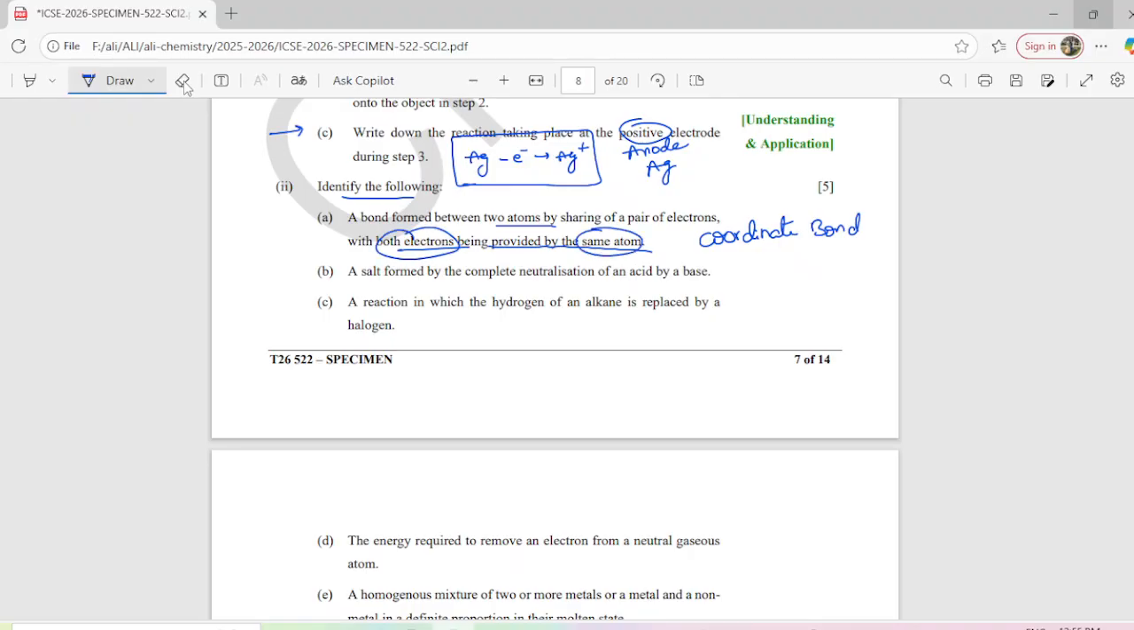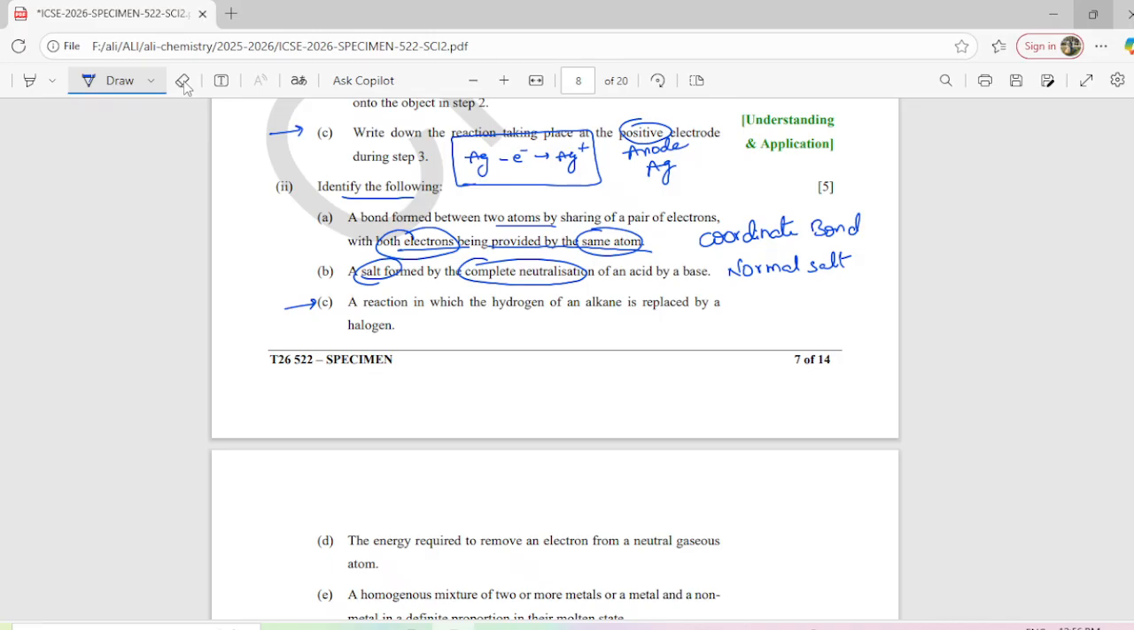B. A salt formed by the complete neutralization of an acid by a base. So salt obtained by complete neutralization will be a normal salt. It is the normal salt. And C,